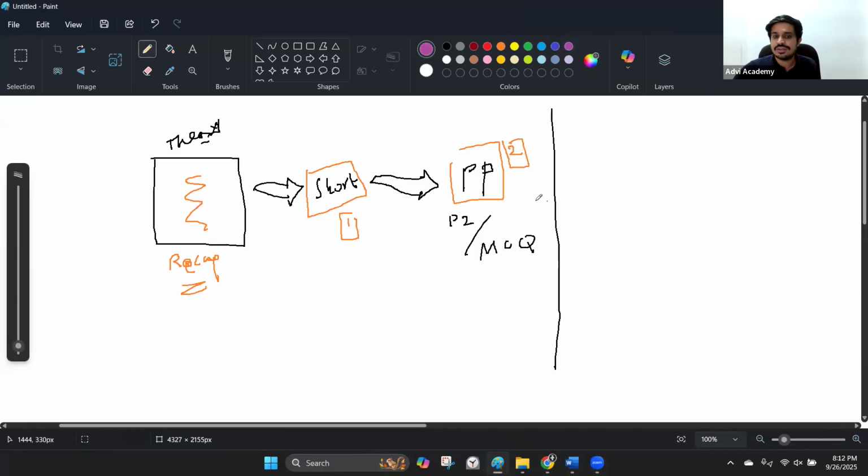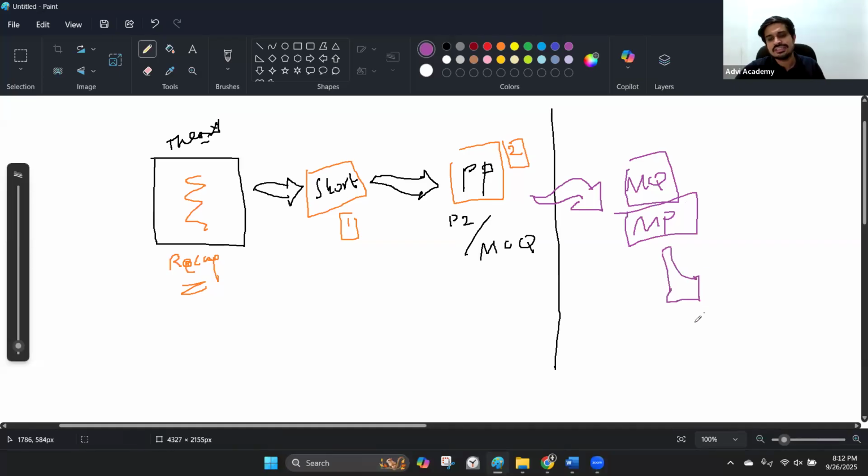So these are things that you have to use if you are going into model papers after this. What you're supposed to do after this is to move into the model papers, model questions, and attempt as many model papers and model questions as possible, because a lot of these can be downloaded from the website itself. And then you use this to prepare for term tests and exams. So this is your process, and you have to finish this process for all 12 chapters that are there in economics. Only then will you be at that place where you can score that A, plus even more than that, right? 90 marks or whatever it is. We need to follow through on this, right?